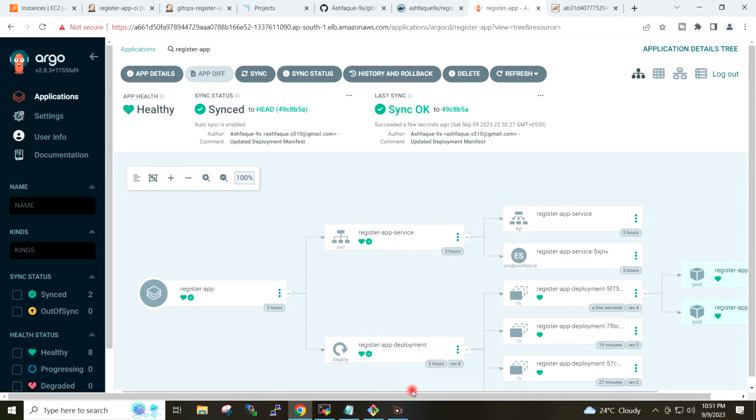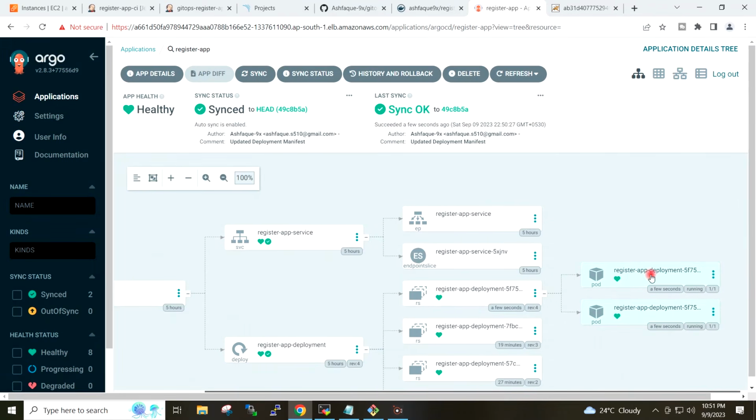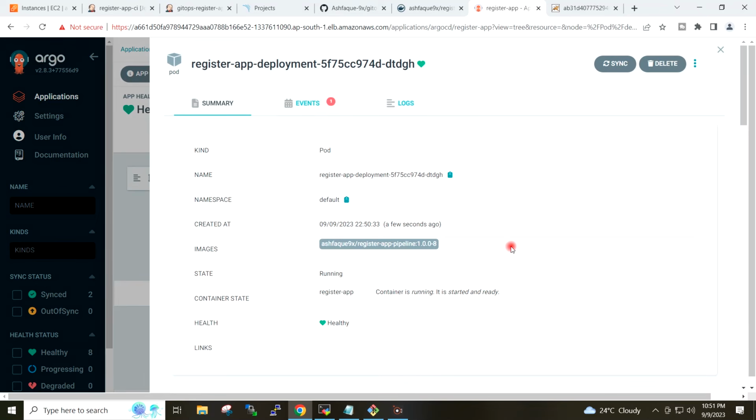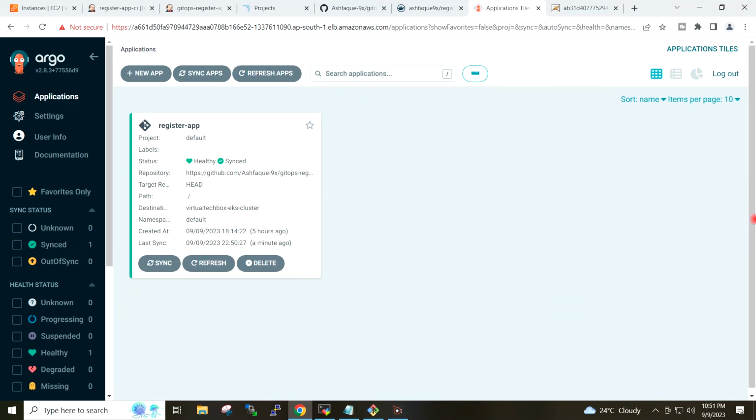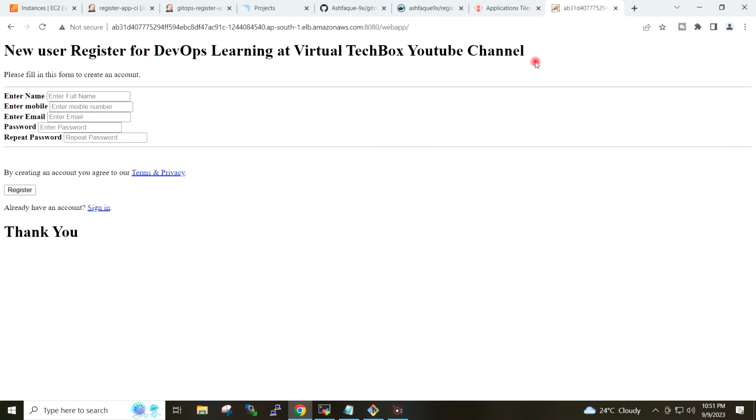And if I go to pod, the pod is also using the latest release. And if I go to my application and do the refresh here, you can see changes applied to our application also.